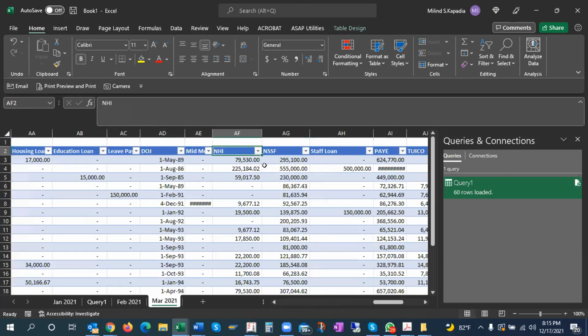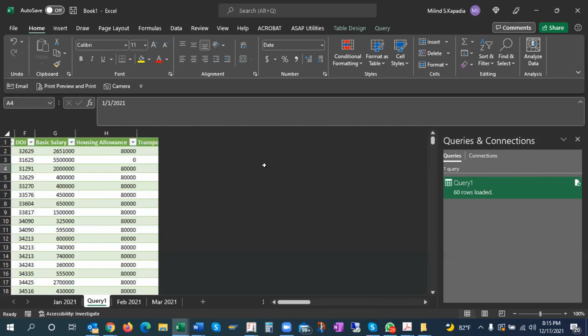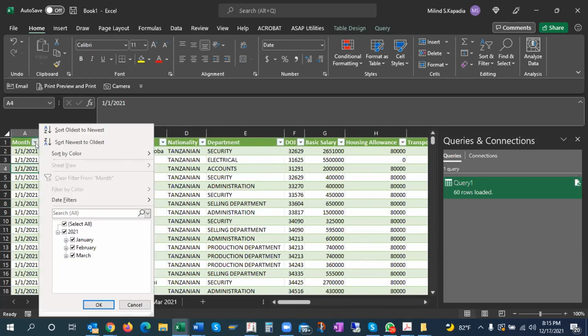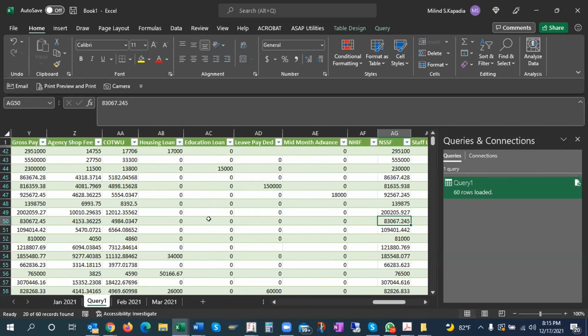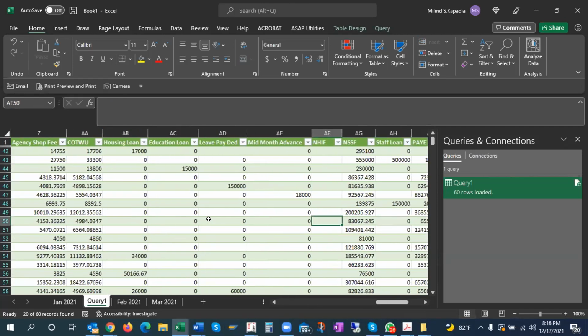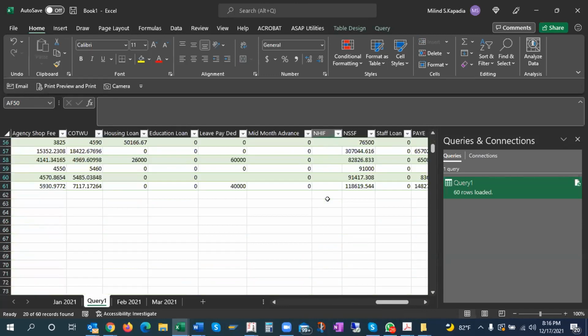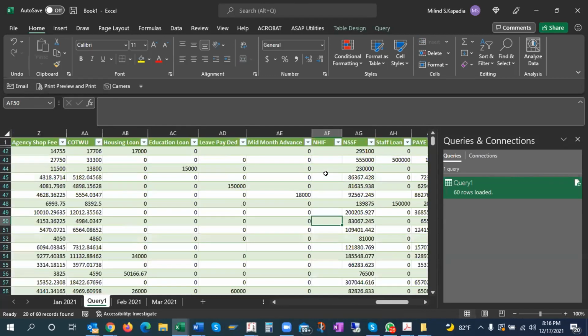It was for March. So I'm looking for the month of March. See, I don't have data. I don't have any data for NHIF.